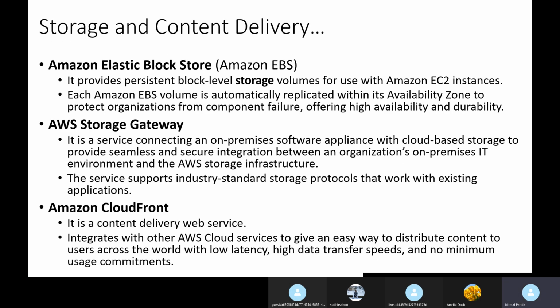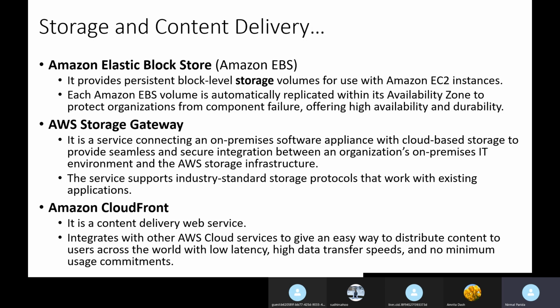So concurrently, many users can access your data. Next, Amazon Elastic Block Store. It provides persistent block level storage volumes. See, these are storage volumes, and those are object storage. Storage volumes means you can think about a hard drive of your laptop. So this is a type of hard drive, and this is used in your EC2 instances, your virtual machines' hard drive. You can think about it like this.